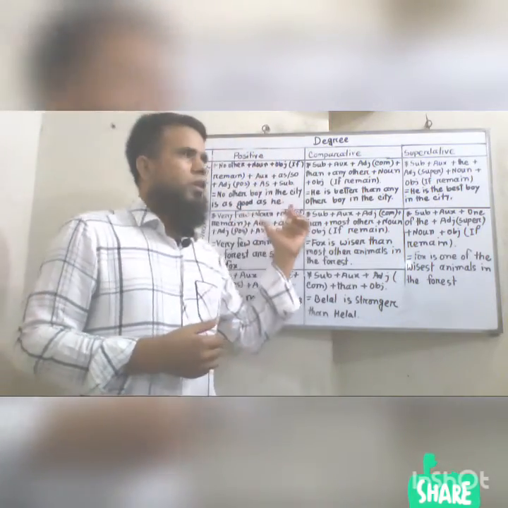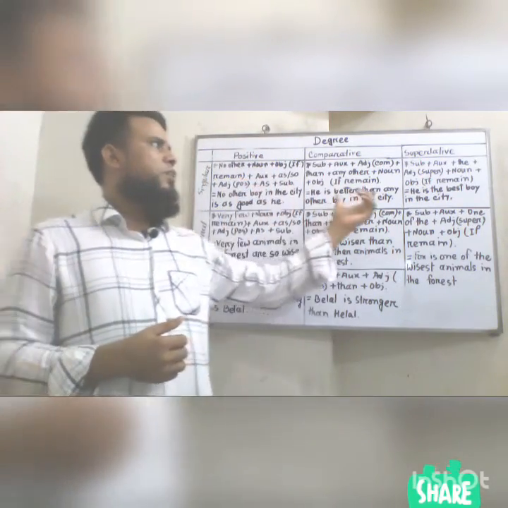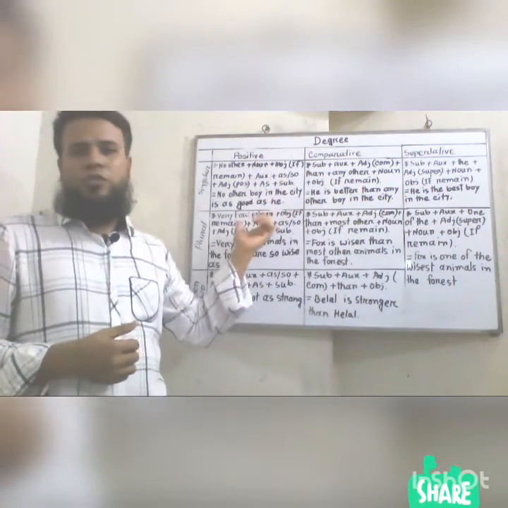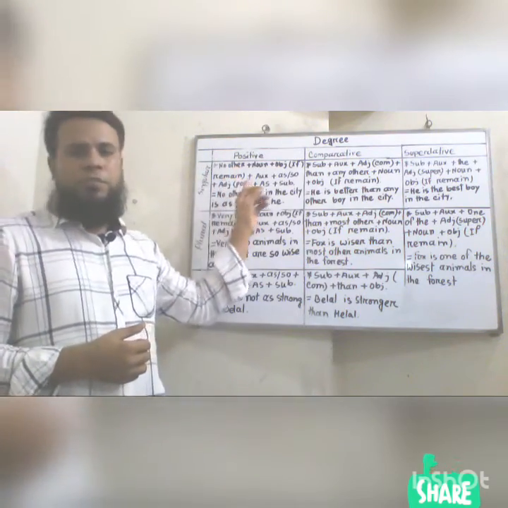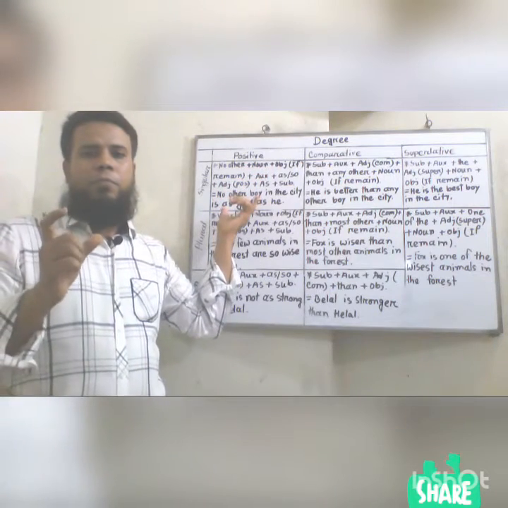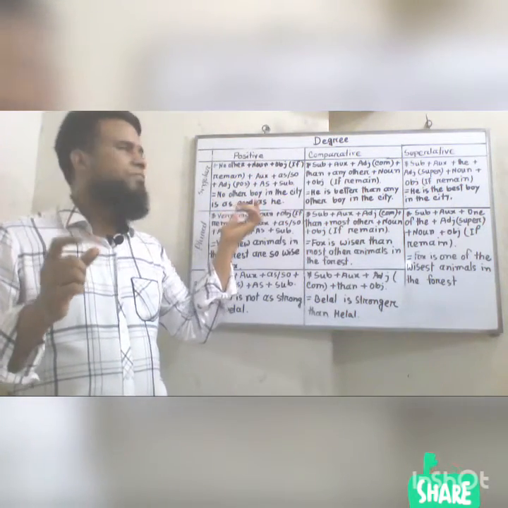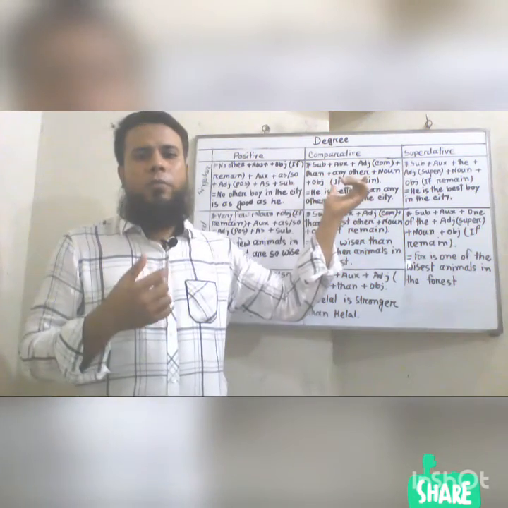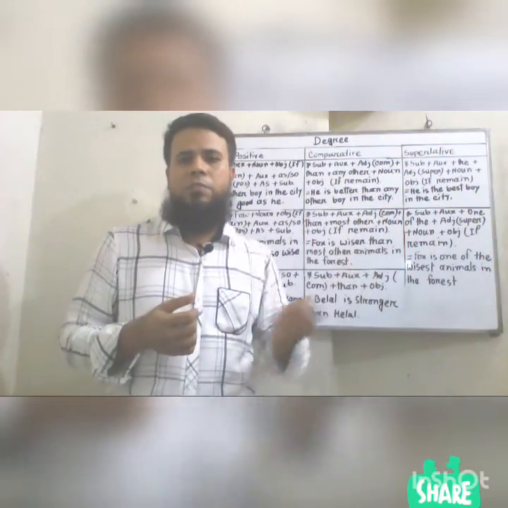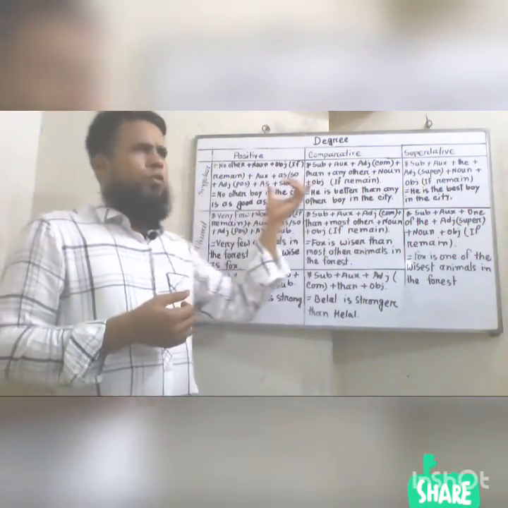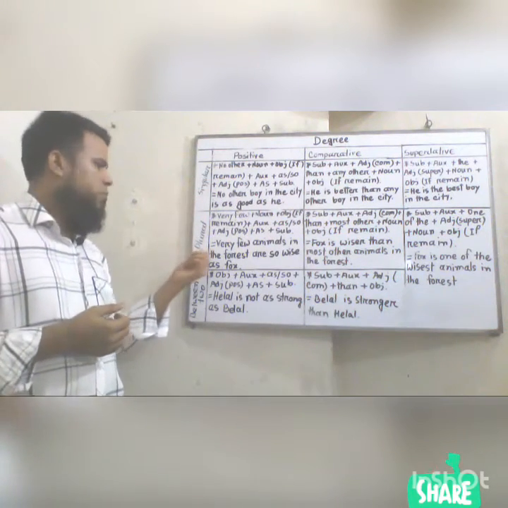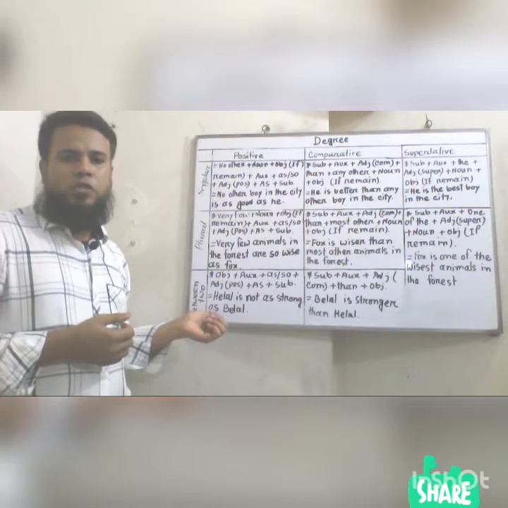I have made three different columns and four rows. First column positive, and then comparative, and then superlative. Positive degree is the base form of an adjective. Comparative is a comparison part. Finally, superlative is the last or highest part of position. For your convenience, I have also written singular, plural, and between two parts.